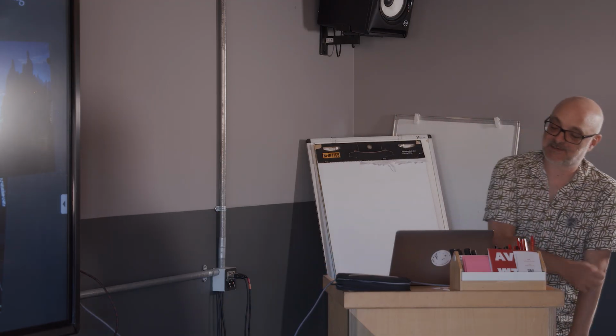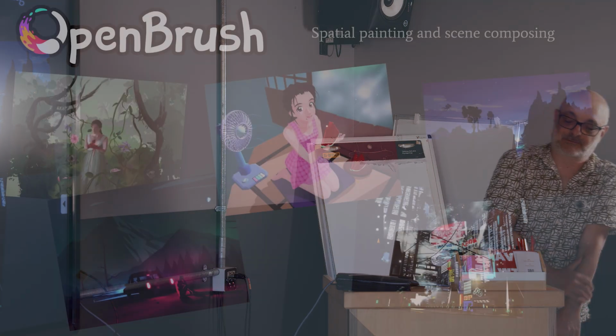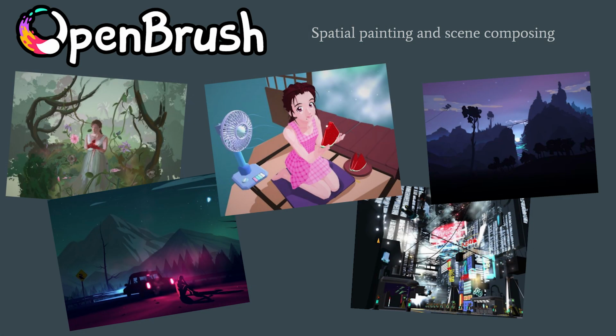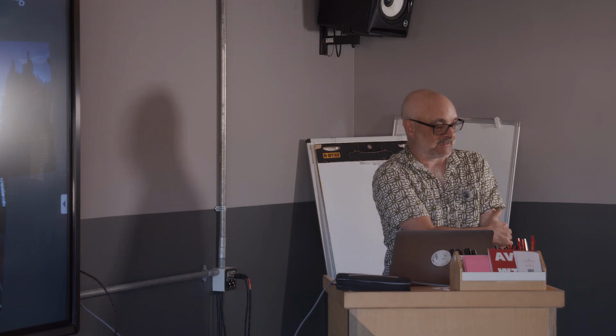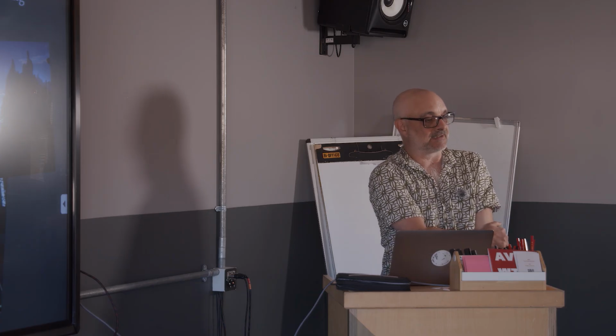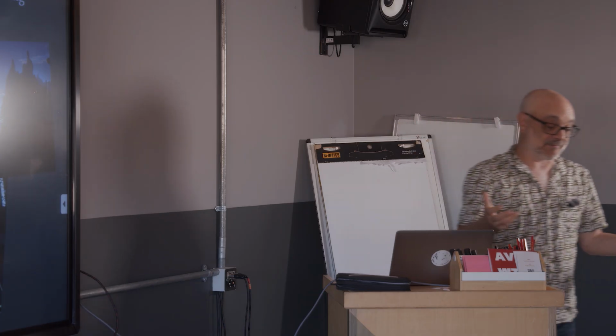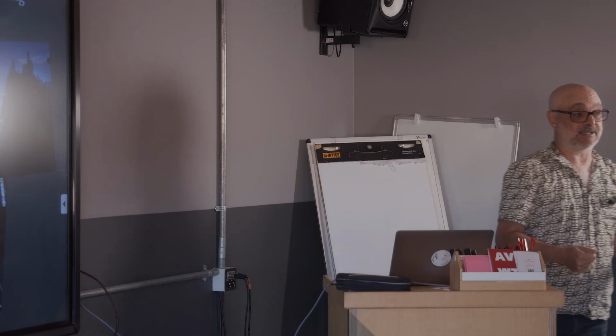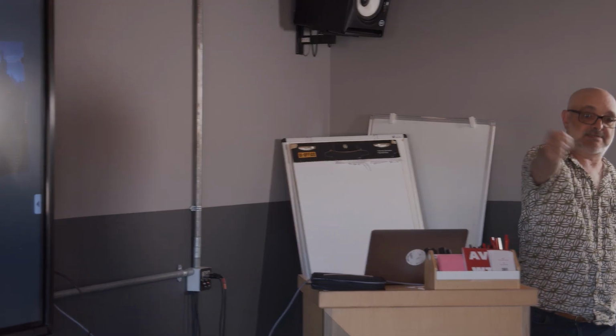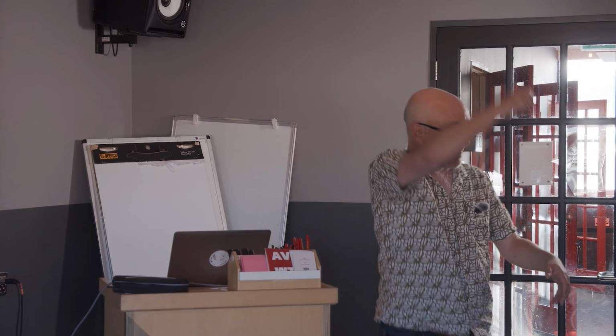So the concept is broadly spatial painting, I think is probably the best way of saying it. It's not really painting, but it's not really sculpture, and it's very different to traditional 3D design, because it's a lot more freehand. It's something that's unique to VR and you couldn't do in any other medium really, which is just literally move through a space and leave marks behind you.